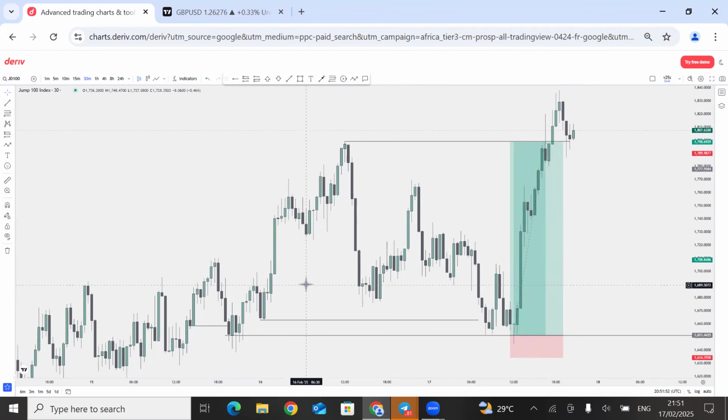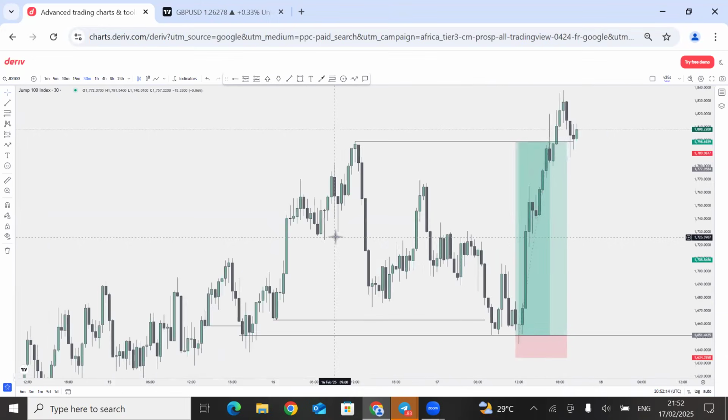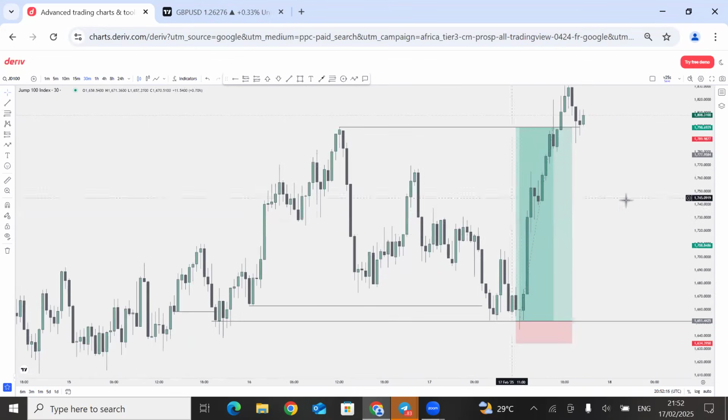So what you're trying to say is, are there particular fair value gaps where you can know this fair value gap is going to hold and this one is not going to hold? Yes. If there was something like that, then no one would be using anything else in trading, because it could make trading very easy. We just know price moves from internal range liquidity to external range liquidity.